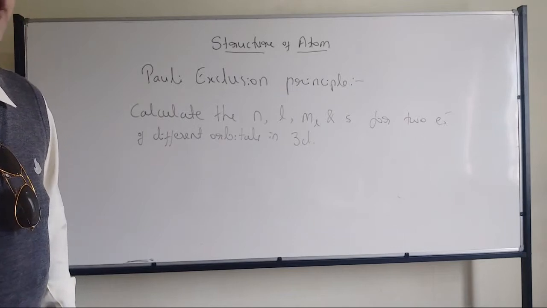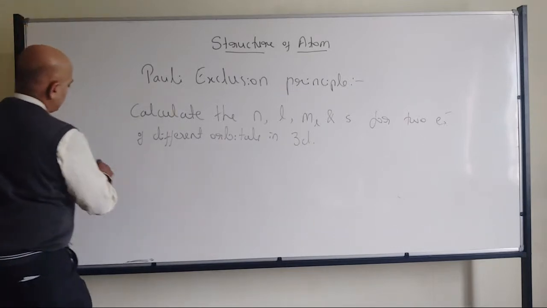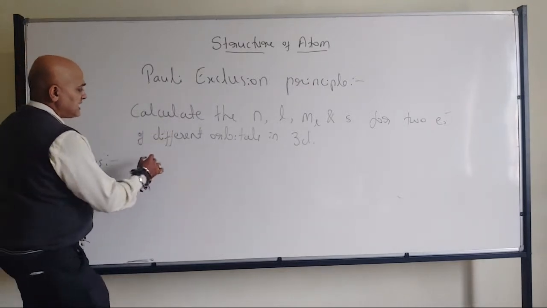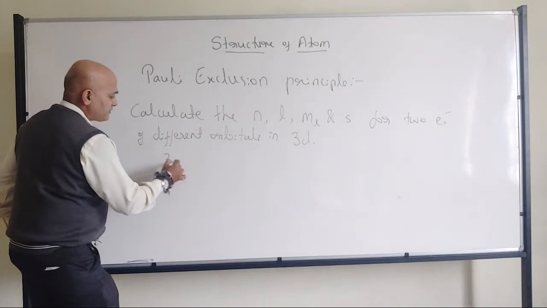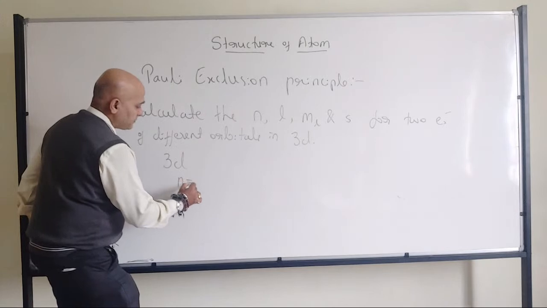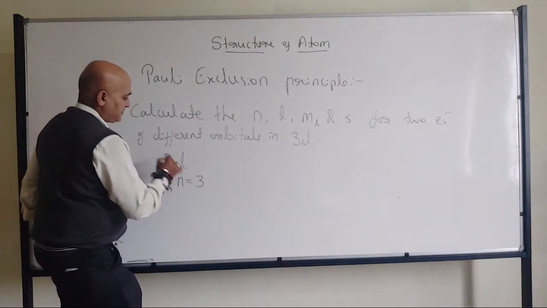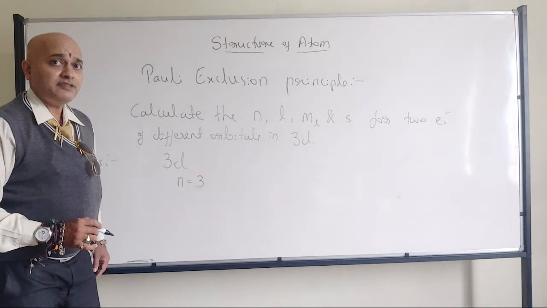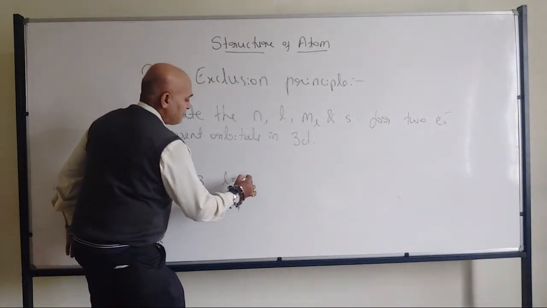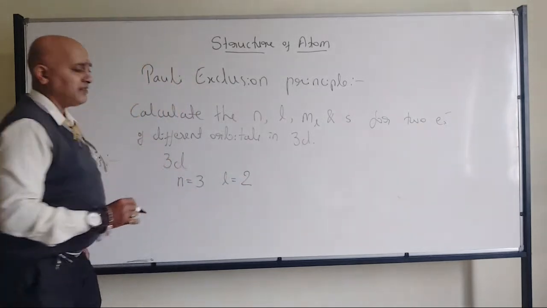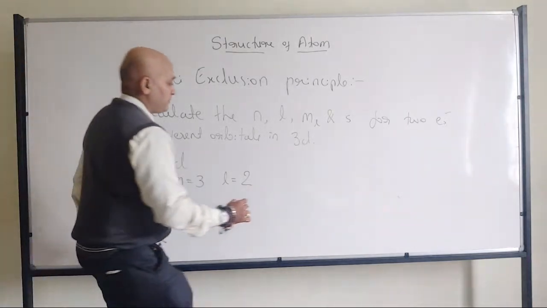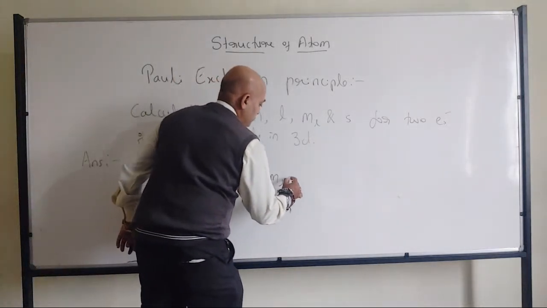Okay, so how to find out? First thing, if I want to give the answer, since they are talking about two electrons of 3D, what will be the n value? The n value will be 3. Those electrons will have n value as 3. What about the l value? The l value will be equal to 2 because we are dealing with the d subshell. They will have the same n and l value. What about ml